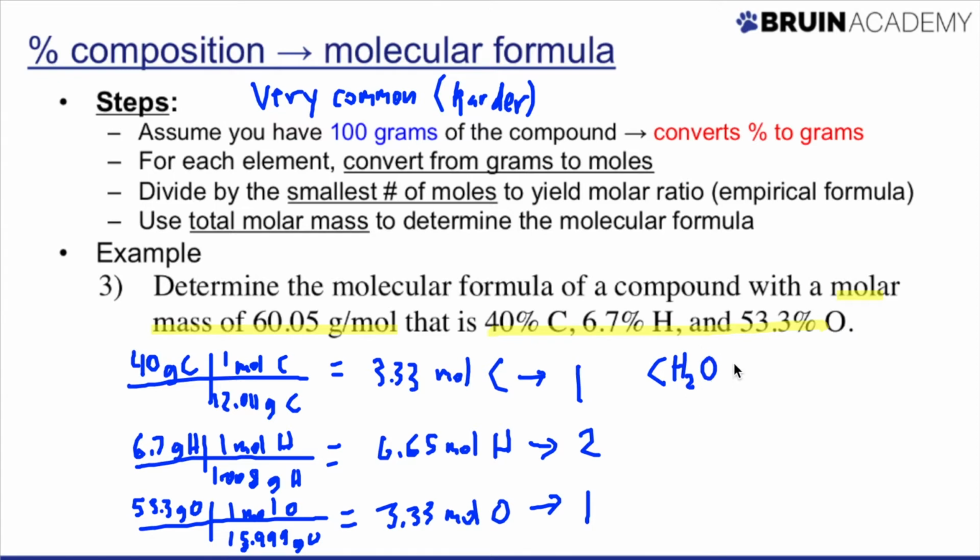Now we're not quite done yet, because this represents the empirical formula. This is not the molecular formula. The molecular formula is the actual number of elements, okay? The actual number of elements is something you can figure out based on the molar mass. So what's the molar mass of CH2O? It's going to be 12.011 grams from carbon, plus 2 times 1.008 grams from the hydrogen, and then plus